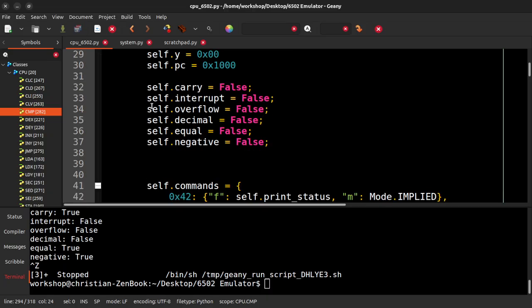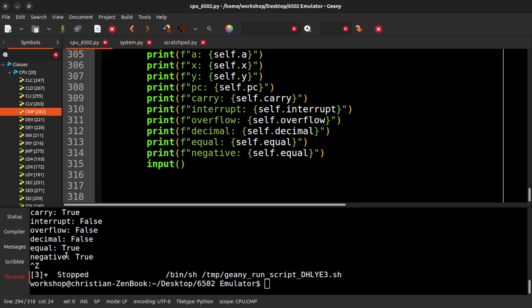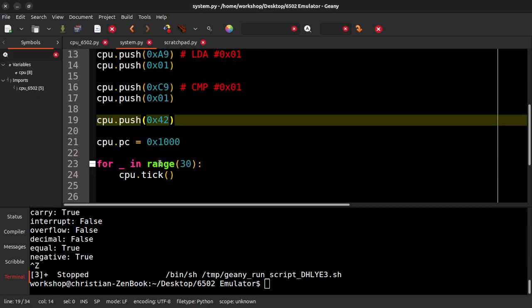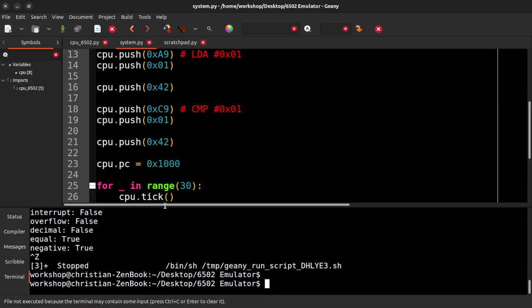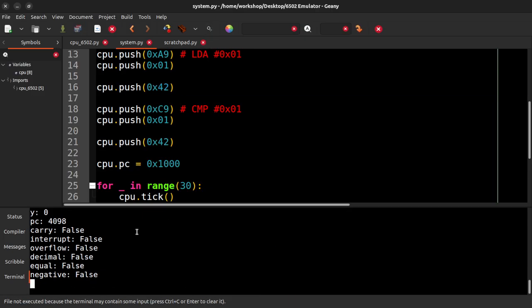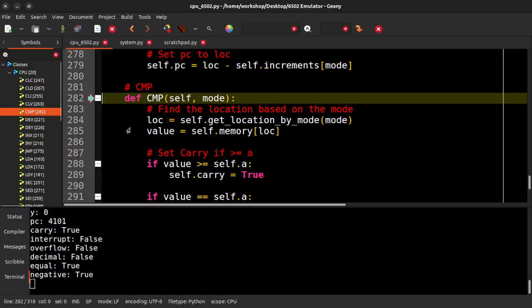Self.negative is false. All right, let's go ahead and just check here real quick. Let's go ahead and add a little more debugging. So, let's debug that again. Okay, false, false, false. Now we're going to execute compare. And negative is true. Why is that happening? Probably everybody watching has already figured it out, but